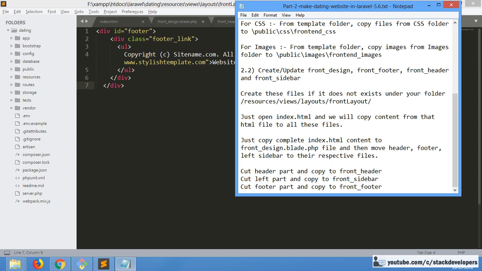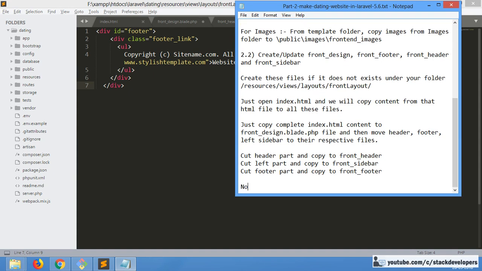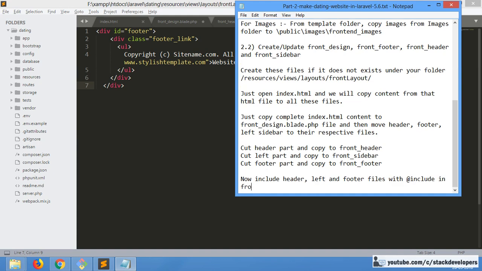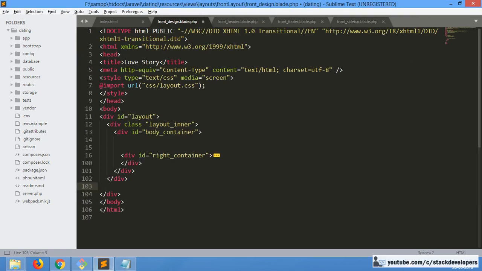Okay, and copy to, and now include this one. Now include header, left and footer files with include in front design. Okay, now we'll include like this. See here we have done for both. Here we will include